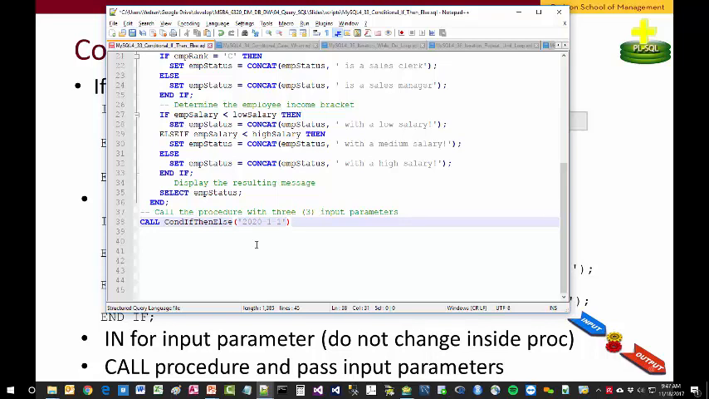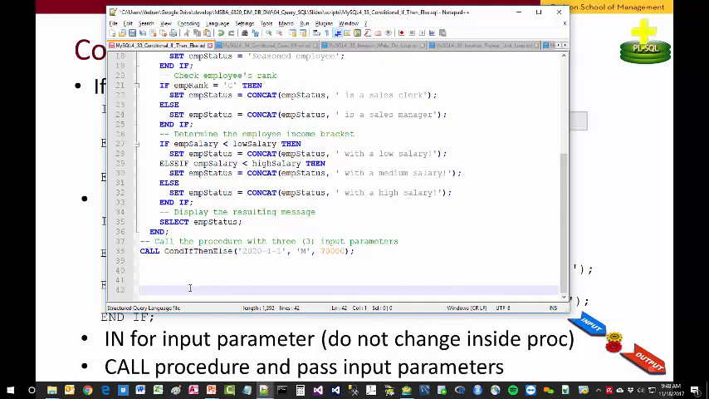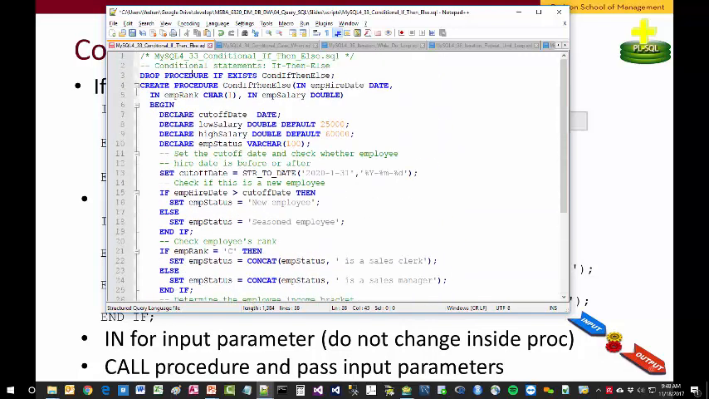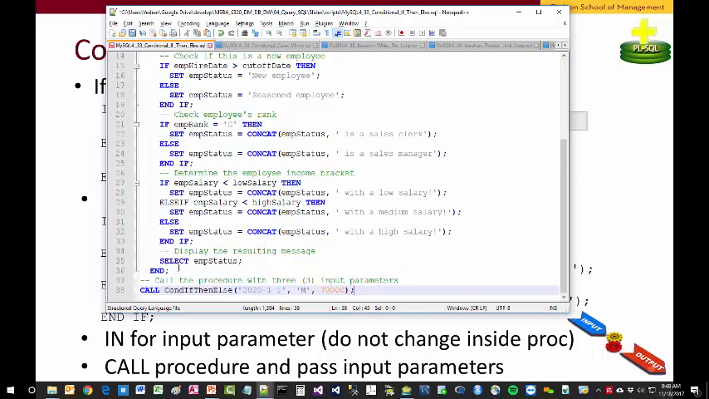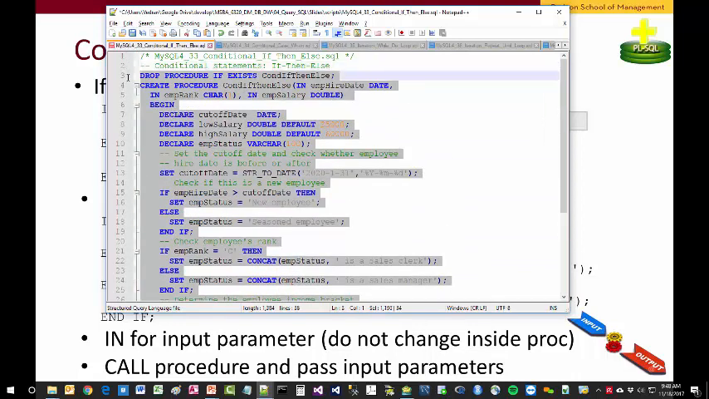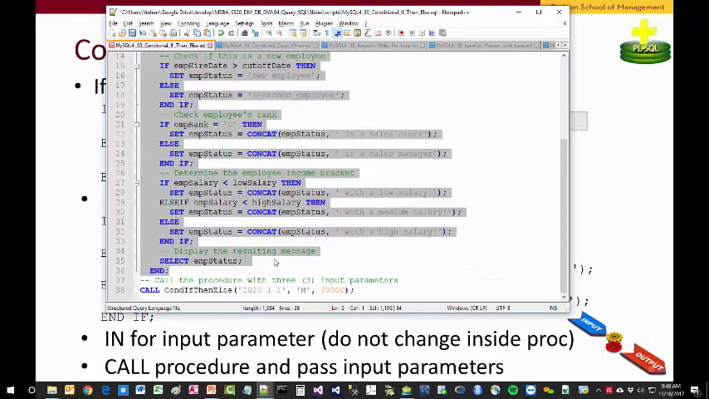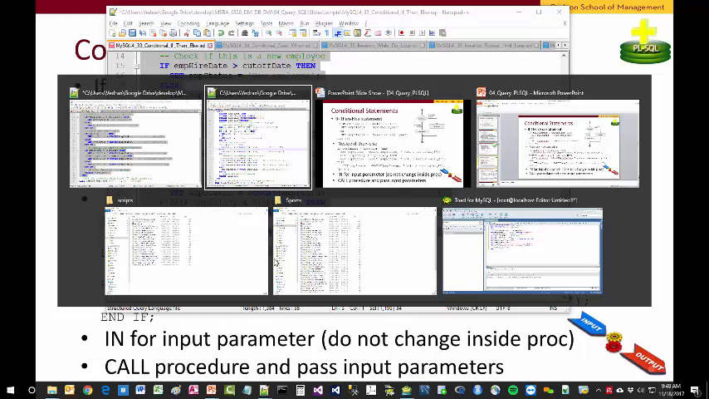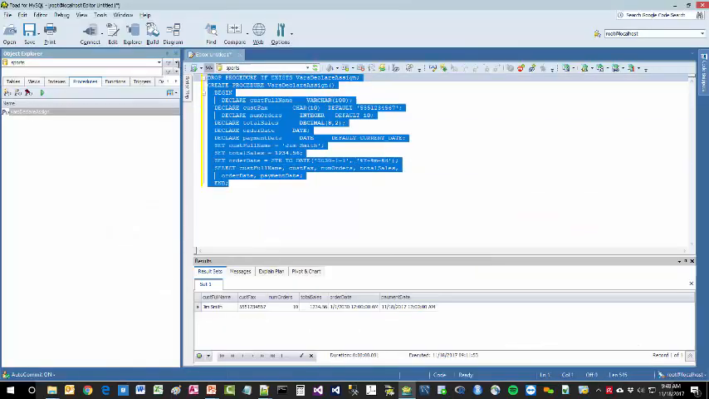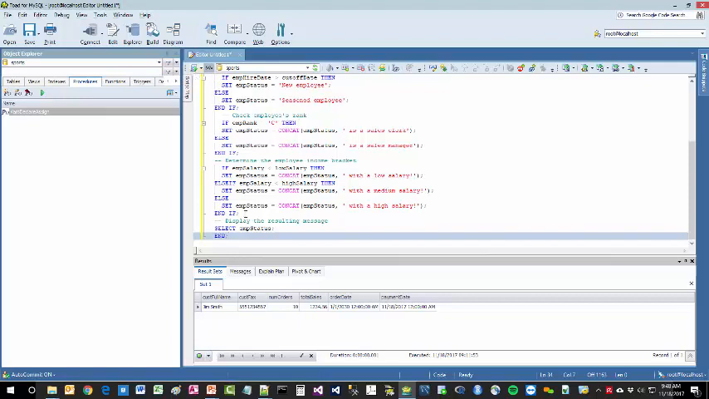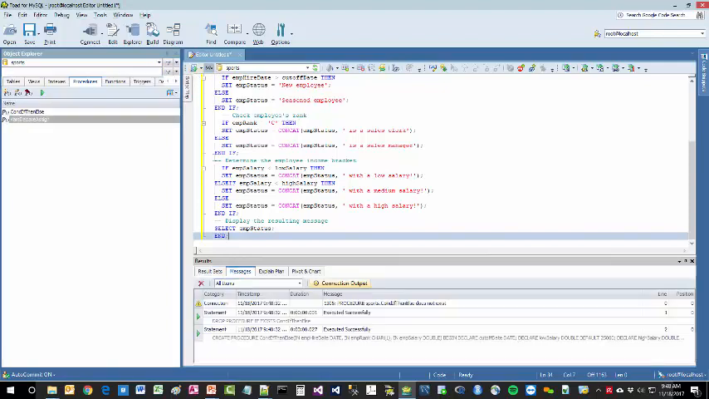So this is going to be a seasoned employee, a manager, and let's say 70,000, which is going to be a high salary, right? Now, after I switch to Toad, I could copy paste this entire procedure, including the call, or I can just copy paste the procedure and then run the call statement separately, which I prefer to do because I first concentrate on getting the procedure right. Okay, and then if I'm not missing any semicolons, which I typically do, all right,